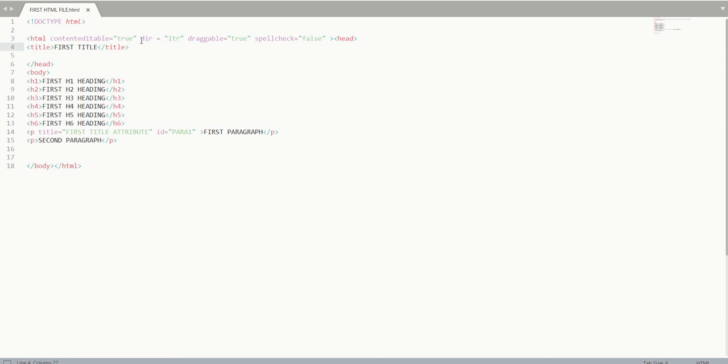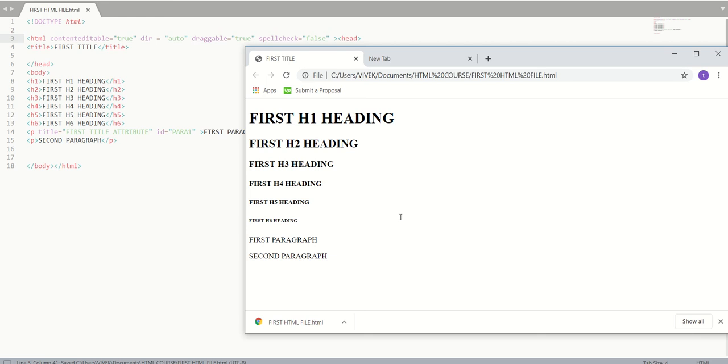So that's direction, dir. And I also have an auto option here, which lets the web page decide what the direction should be. So LTR, RTL, and auto. Now if I change this to auto, and I press Control S, save it, and open it, it will decide itself, most probably to be LTR only, because by default it's left to right. It's in English, so that's why it's left to right, decided by auto as well.